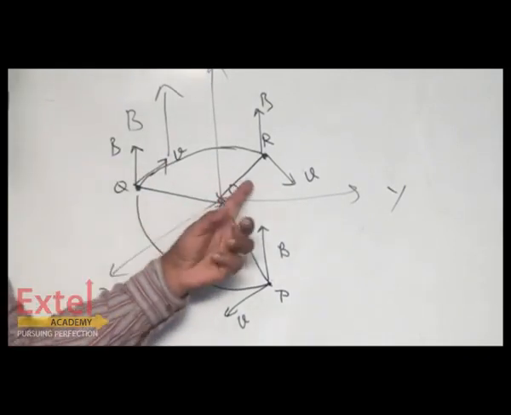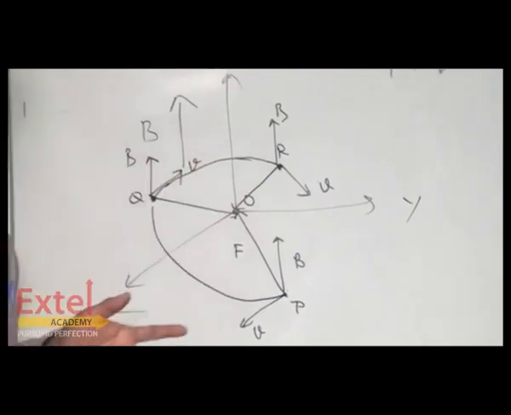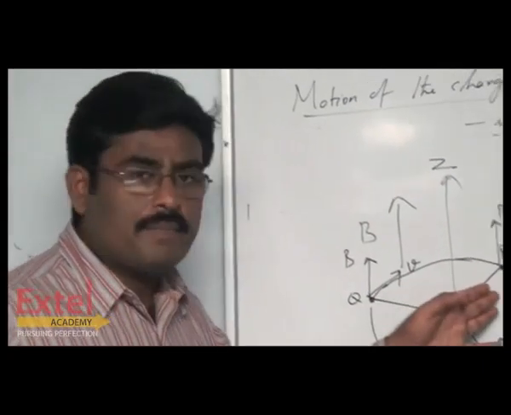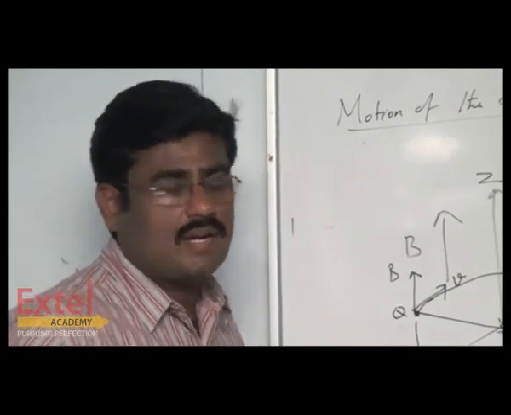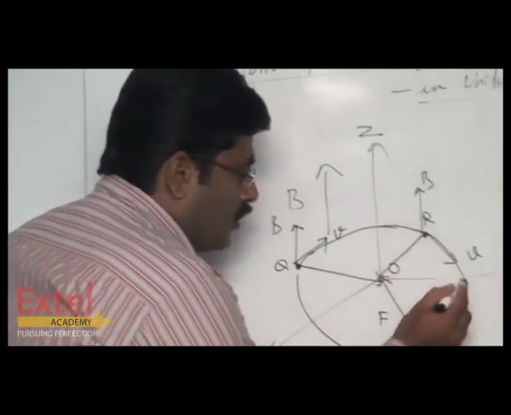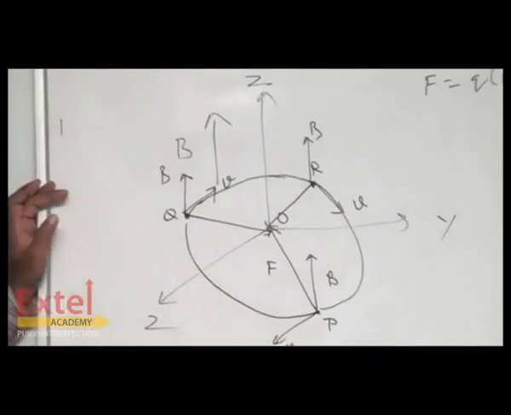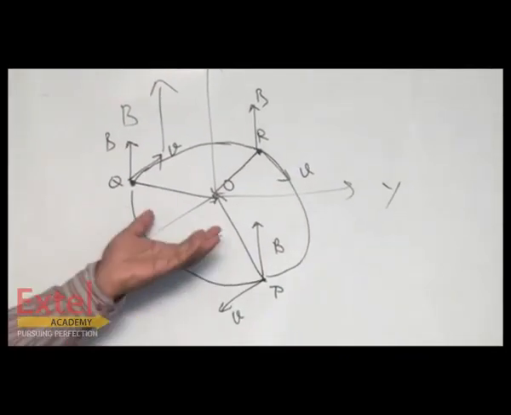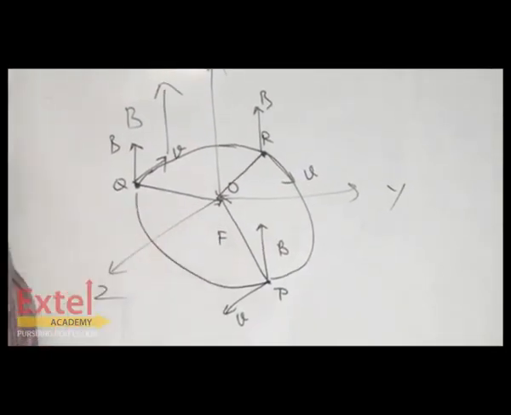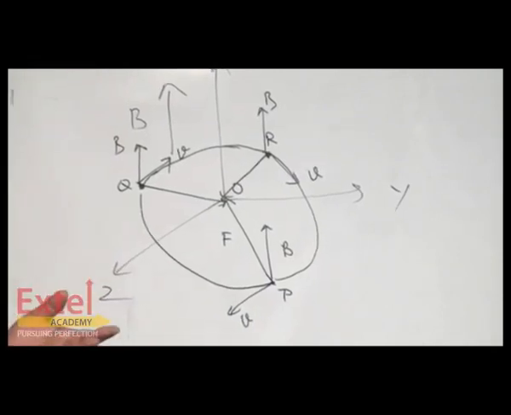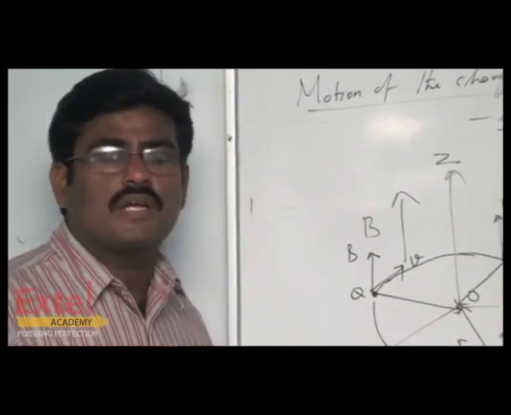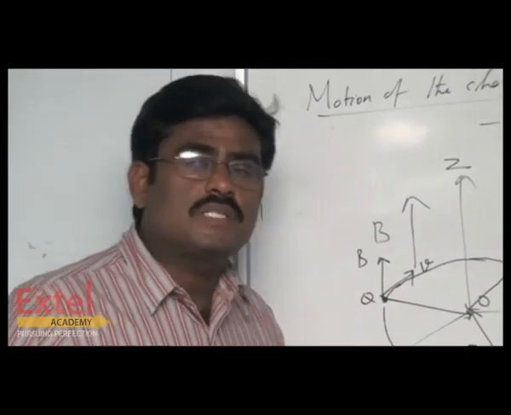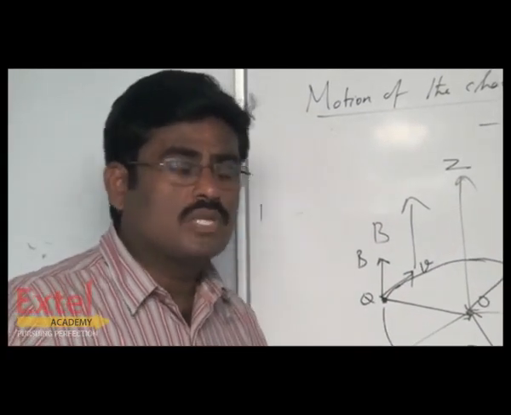Since this particular force acts as a centripetal force on the particle, the particle should move only in a circular path. So we can conclude that any charged particle that moves in the presence of magnetic field should move only along a circular path, and at all points along the circular path, the particle experiences the magnetic Lorentz force which acts